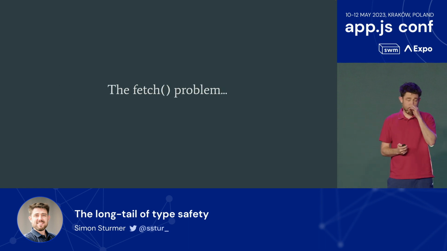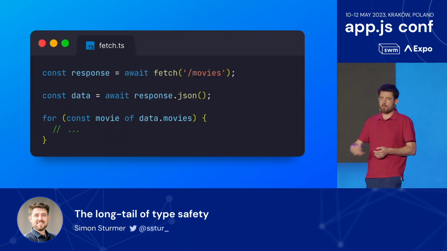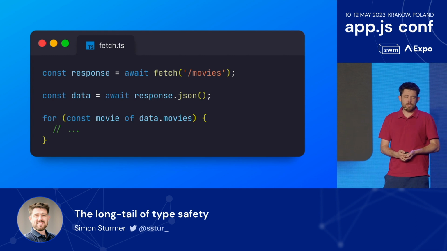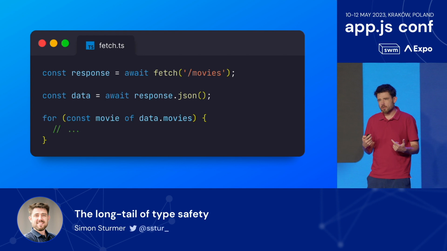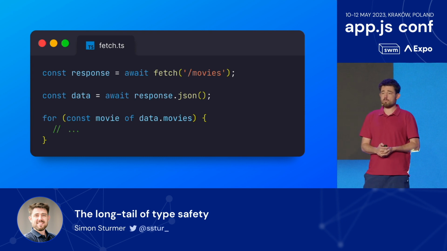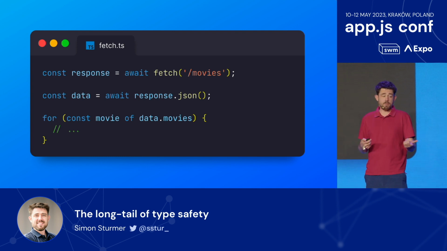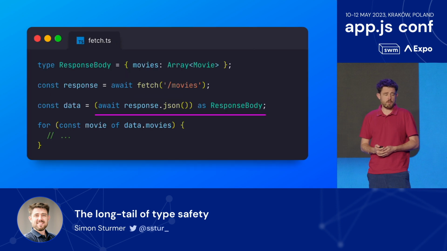So the fetch problem, and this is really another extension of the pattern that you're seeing over and over here. We're going to fetch something from a remote server, and we might be fairly confident that it's going to send us back some JSON data that has a movies property, and so we'll just go ahead and loop over it and render some movies, right? The issue is that any number of things could go wrong and we don't get back what we expect, and there's no type safety here, right? We wouldn't get any autocomplete. TypeScript wouldn't know what's in this movies array.